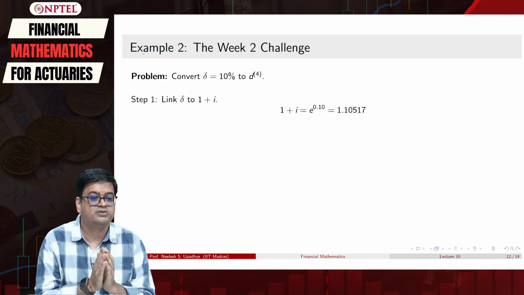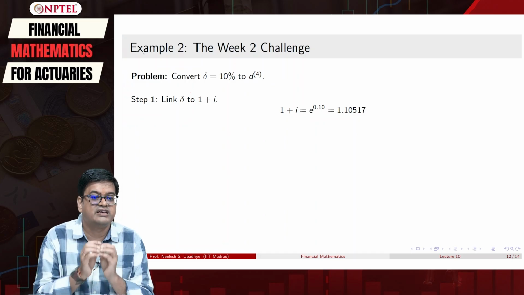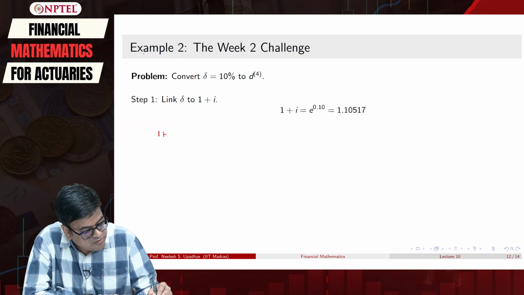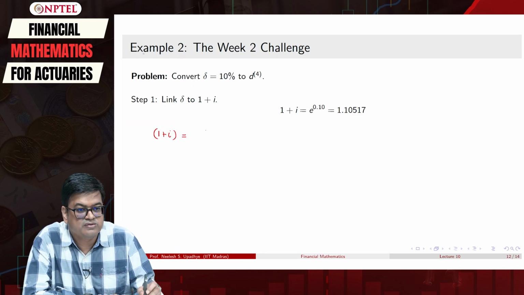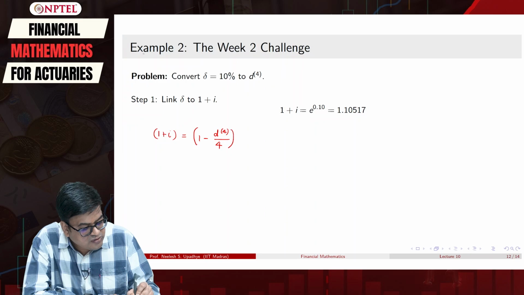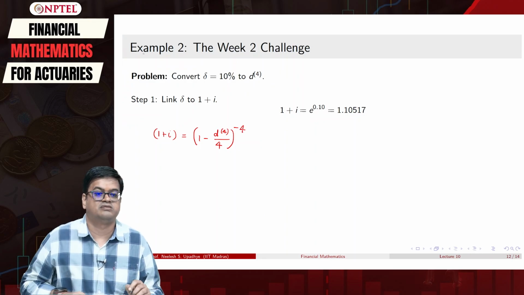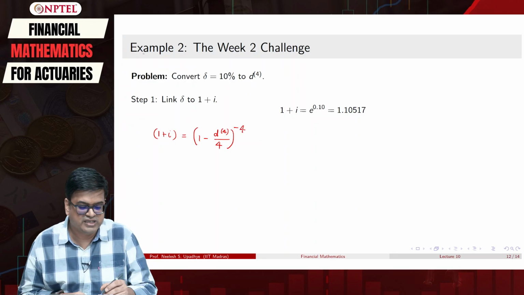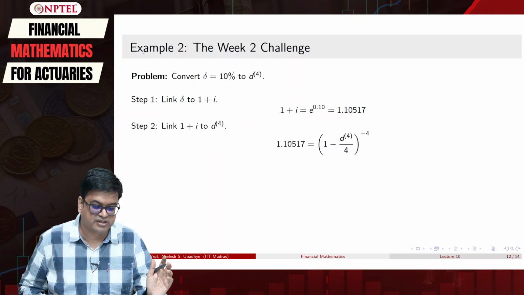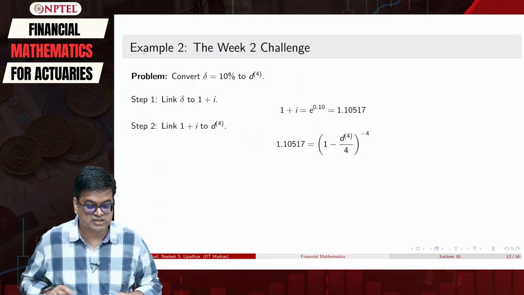Now, you will appeal to this 1 plus i and equate it to the discounting factor. So, that relation is very crucial. Your 1 plus i will be equal to 1 minus d4 by 4, the frequency of compounding being 4, and now the most important thing is this is raised to minus p. So, it will be raised to minus 4, that is the most important thing. Then everything is very easy. You take this number and you just substitute it here, you get this, okay. So, this is our step 2.